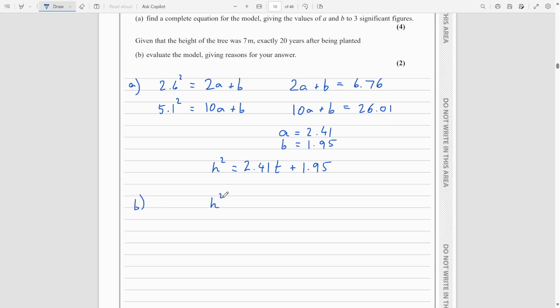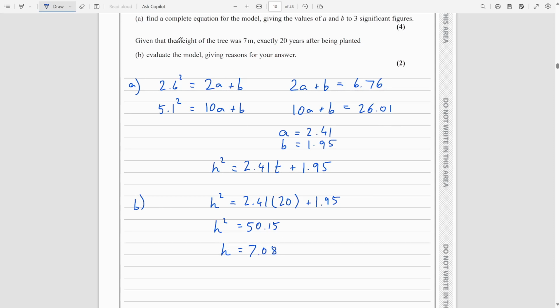It would have predicted that h squared was 2.41 times 20 plus 1.95. So let's just evaluate that. 2.41 times 20 plus 1.95 is 50.15. So h squared is 50.15, and so the model predicts that h will be the square root of that, which is